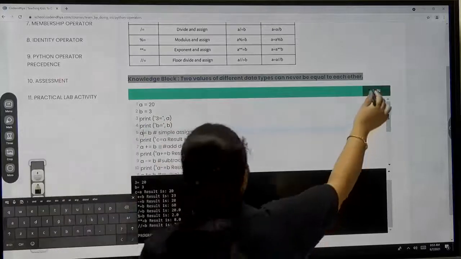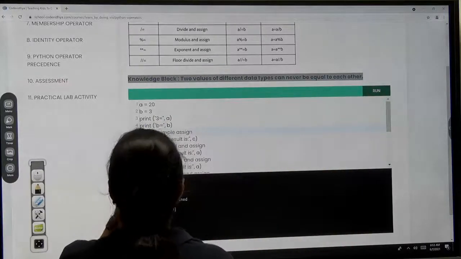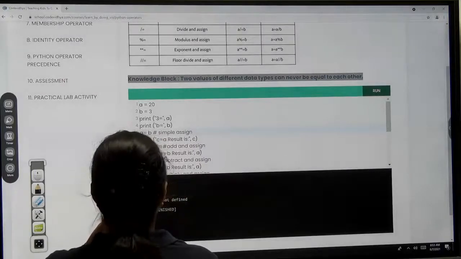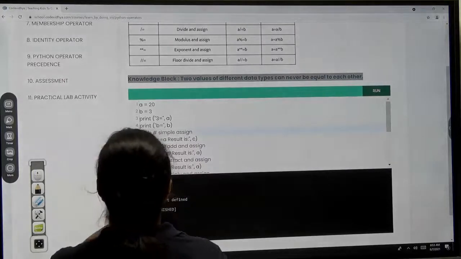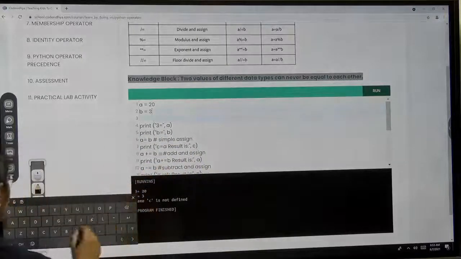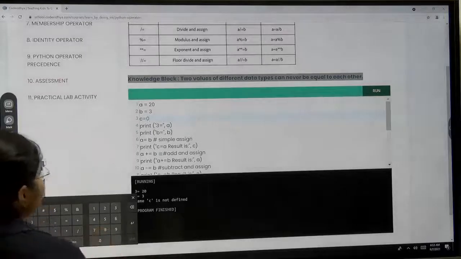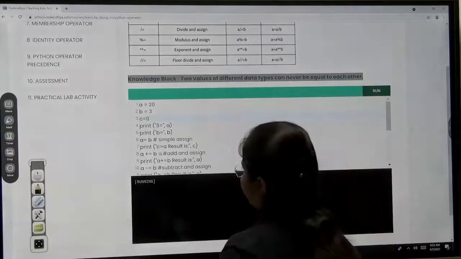Now I will run this program again. It says C is not defined. Okay, so we will define C here also, because in the further program we are using C, that's why it's giving an error. So we will write it in this way and try to run.